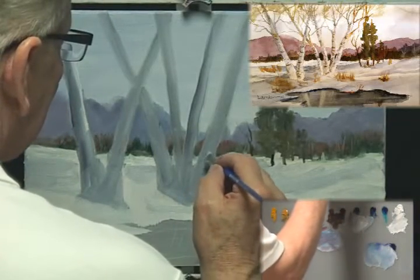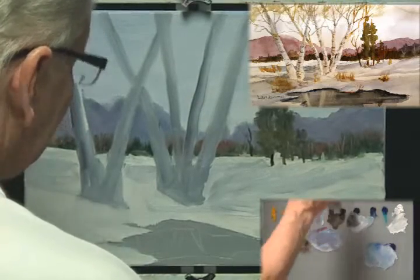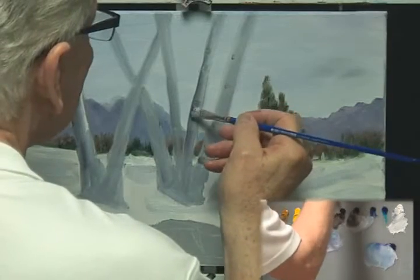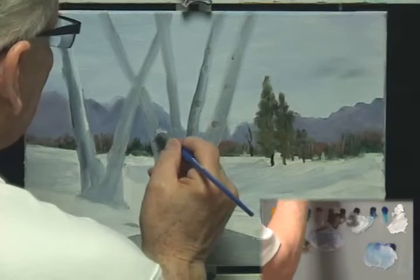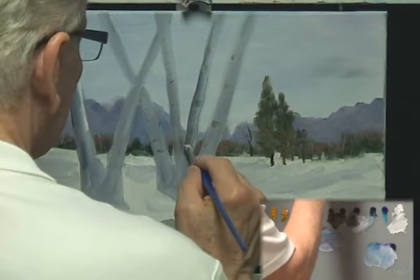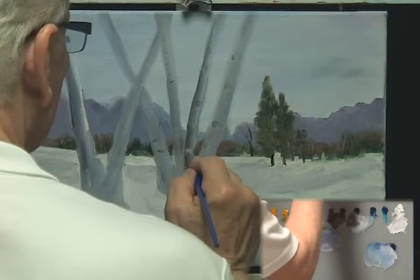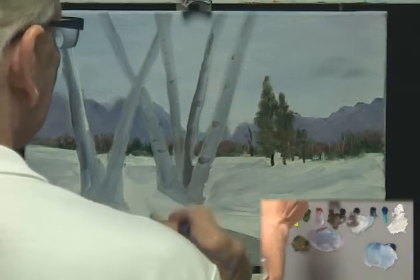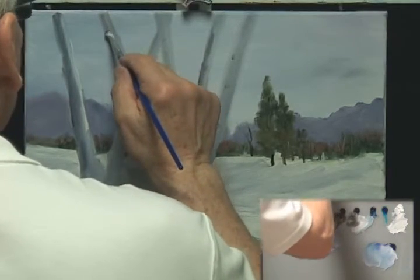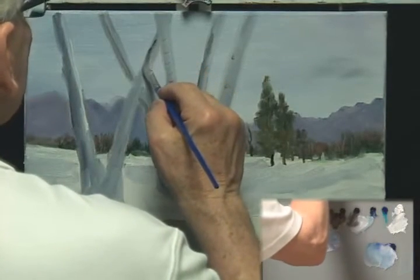Here we start putting in some of the shapes of the bark on these trees, and I'm going to get a little dark in my brush. They can be narrower than that. Helps give the roundedness to them. Putting a shadow in here will help define one of the trees. So we want the left side to be more shadowed than the right in all cases. So just kind of come down the left side and see if we can start making these look more rounded by shading the left side,